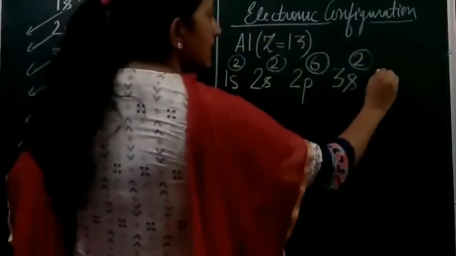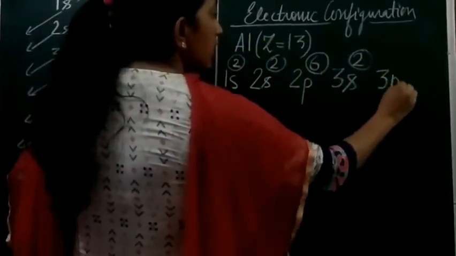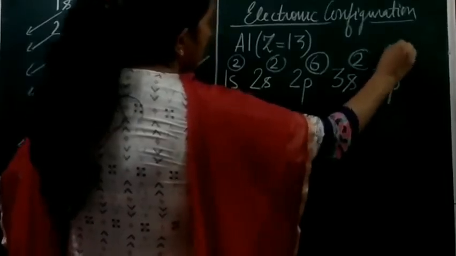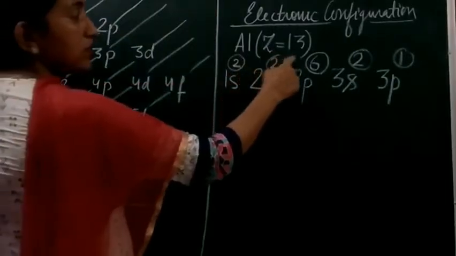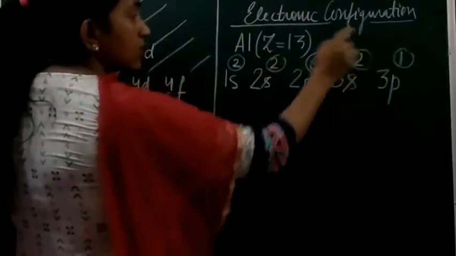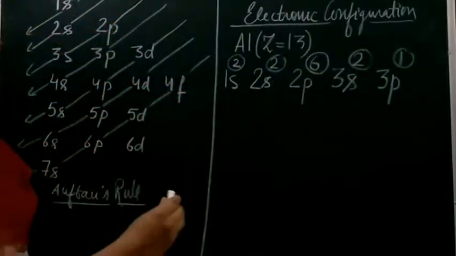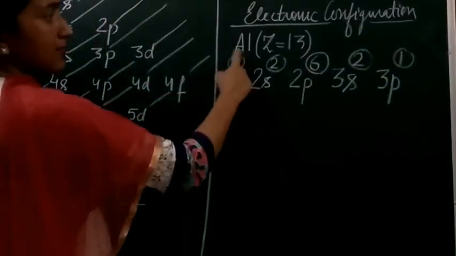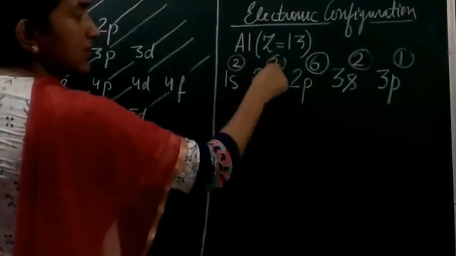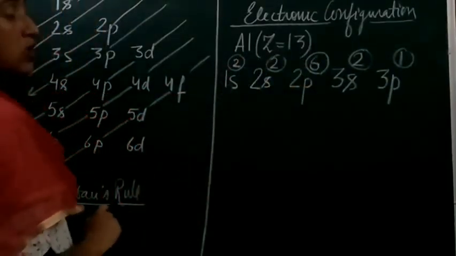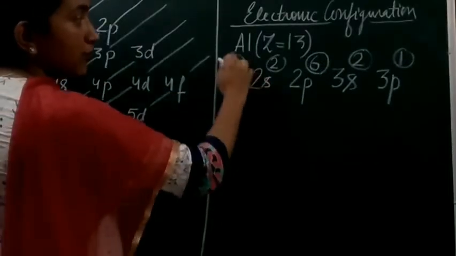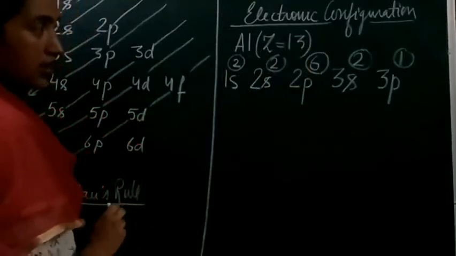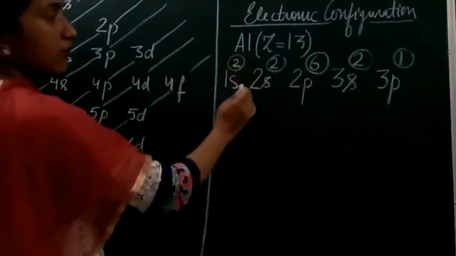Now 1 is less, so it is 3p. Now here we will have 1 electron. Now just add all the electrons here. It is 2 plus 2 is 4, 4 plus 6 is 10, 10, 11, 12, plus 1 is 13, right? Just to get the thing cleared, I have circled it up. That circled one is the electron number, right? It's not required that when you are writing the configuration you have to circle the number of electrons. Here it is just to get the thing more clear to you.